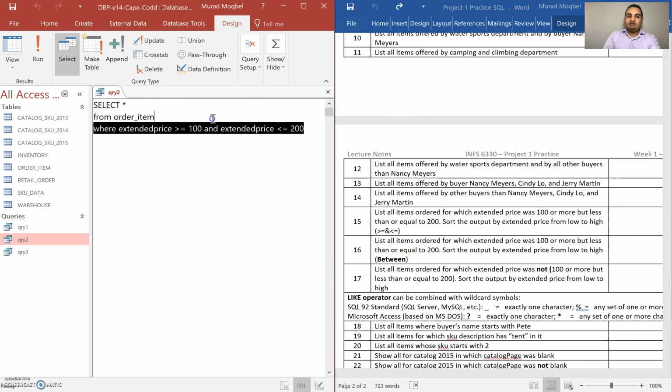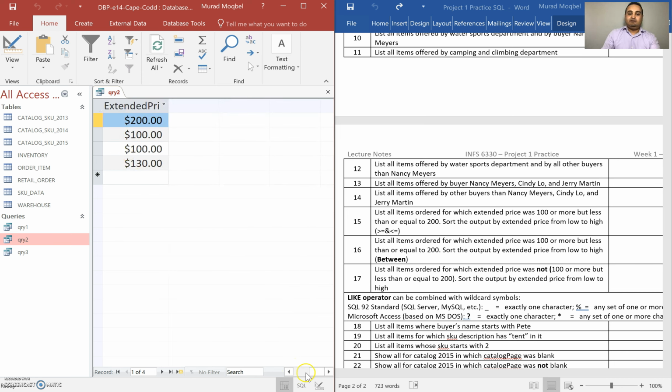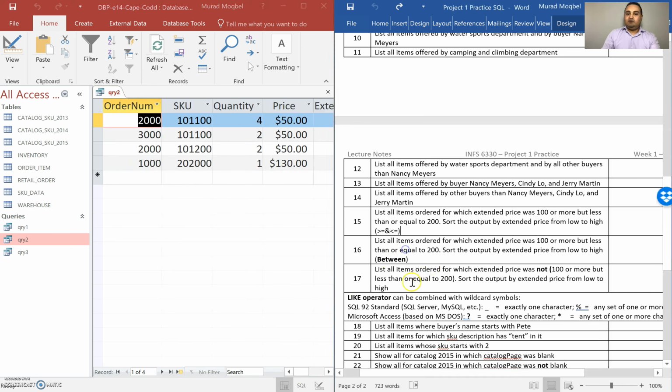Now we can answer this same query using between. So where extended price, we can say the keyword between 100 and 200. Let's see if this will work. Perfect, it worked. All right. So now they want to list all